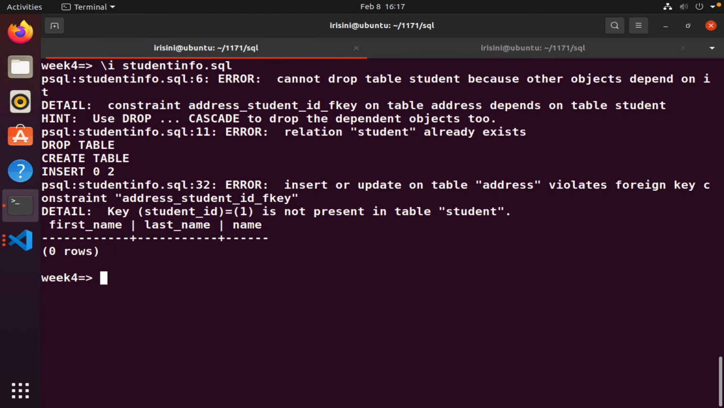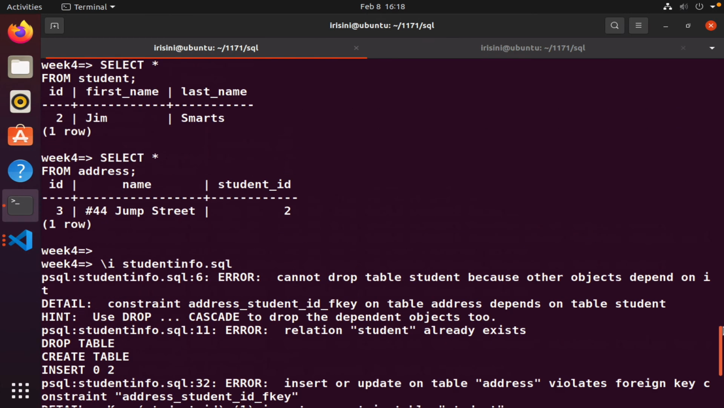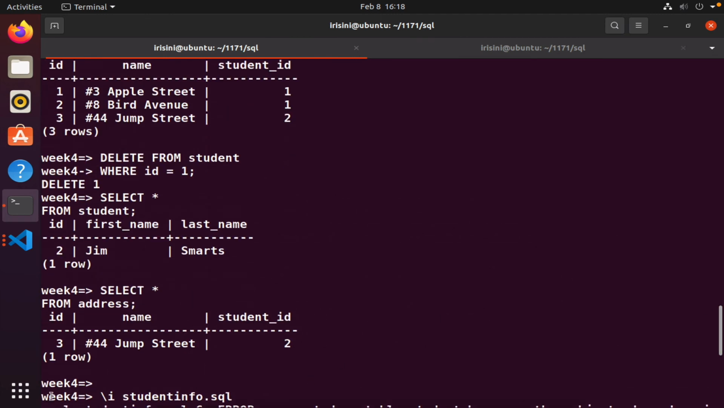Okay. So it tells me, you cannot drop the student table. You cannot drop the parent table. You cannot delete everything in the parent table and delete the table because there are objects that depend on it. What does that mean? It simply means that there is still an address that is linking back to the student table. And if you delete the table,